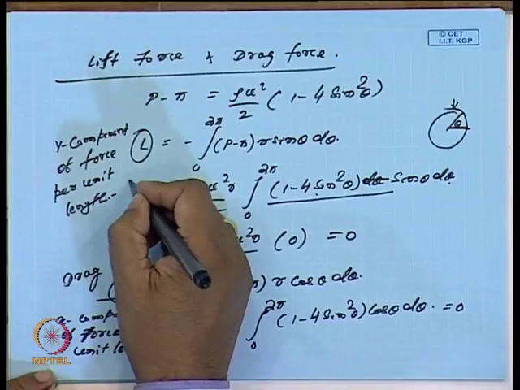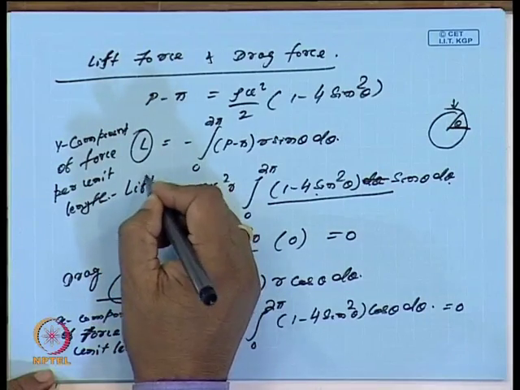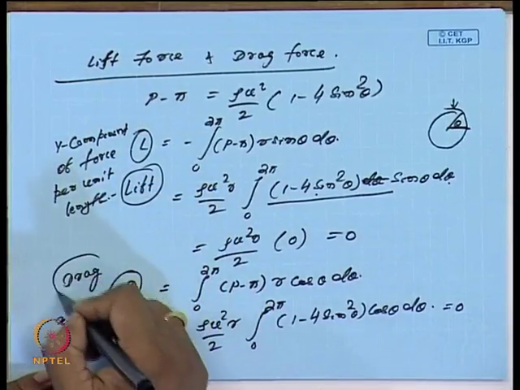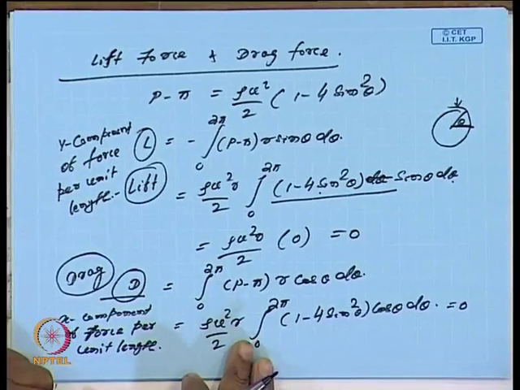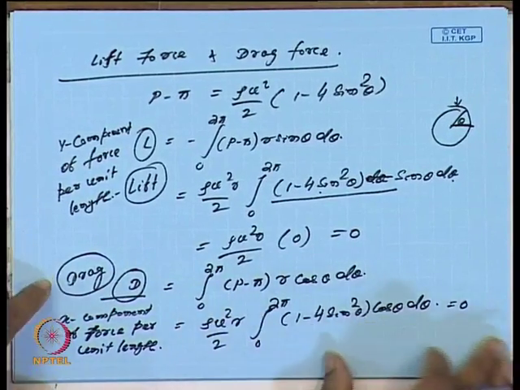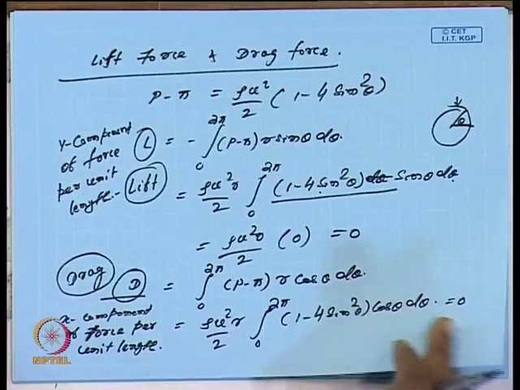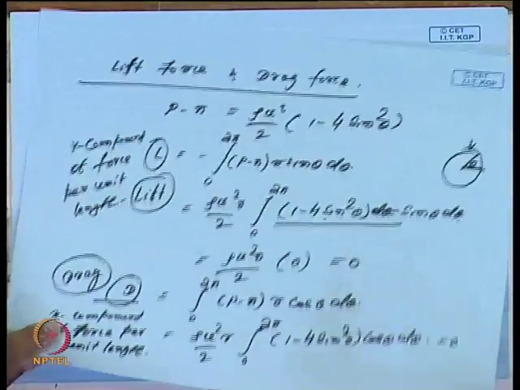And this is called the lift force. This is the lift, this is the drag. In fact, we have found here that both the lift and drag forces are becoming 0, and once these are 0, that means the lift and the drag force are both 0, which is quite contradictory, because it has been observed that the lift and drag force